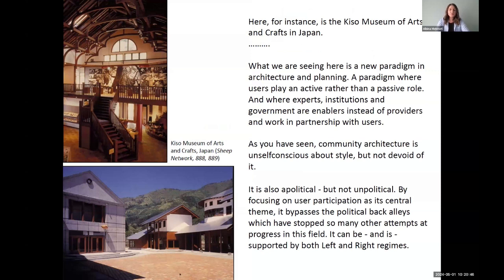We can see the new concept of architecture and planning, a paradigm where users play an active rather than a passive role, and experts, institutions, and governments were enablers instead of providers, working in partnership with users. So community architecture was not only about style, but